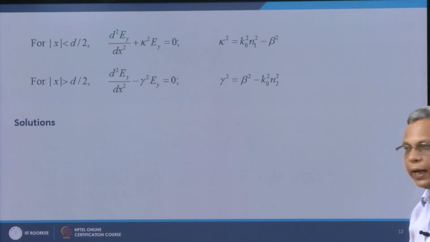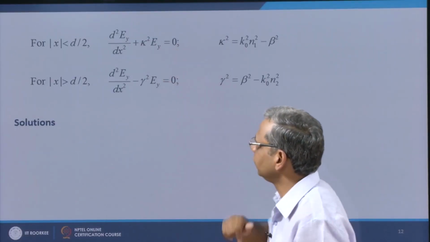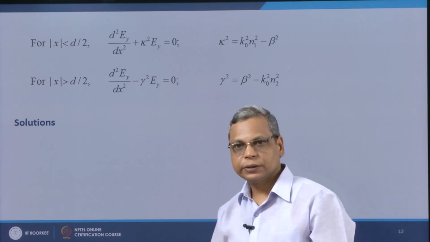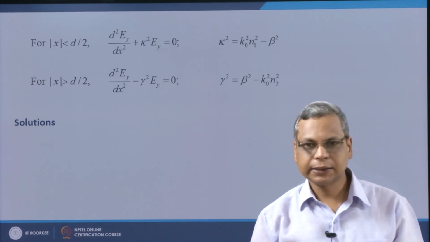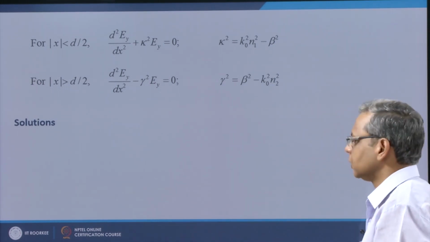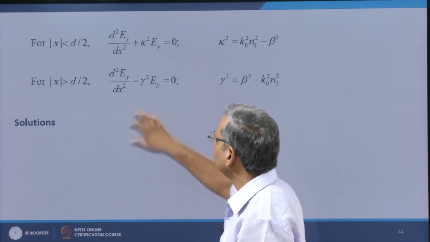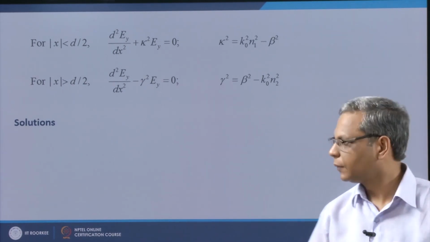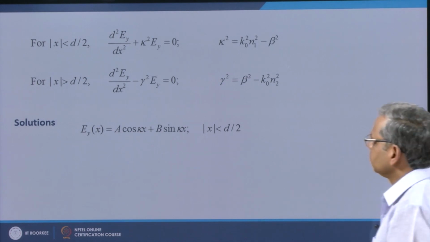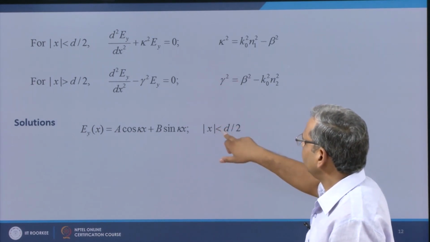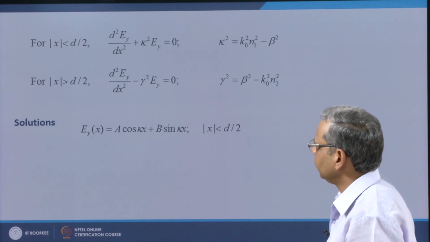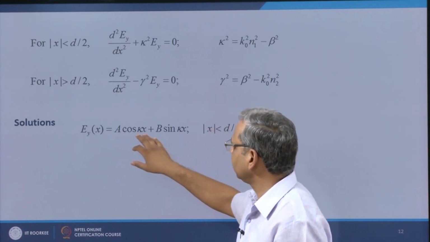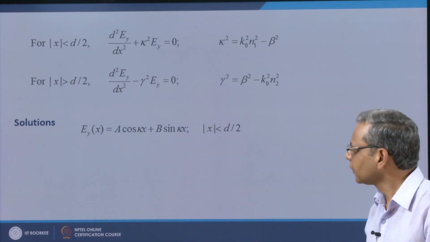What are the solutions? I know the solutions of these differential equations very well. This equation gives me oscillatory solutions, e to the power i kappa x or e to the power minus i kappa x, or sin kappa x, cosine kappa x, while this equation gives me exponentially amplifying and decaying solutions. So, in the region mod x less than d by 2 it is an oscillatory solution, a cosine kappa x plus b sine kappa x, and